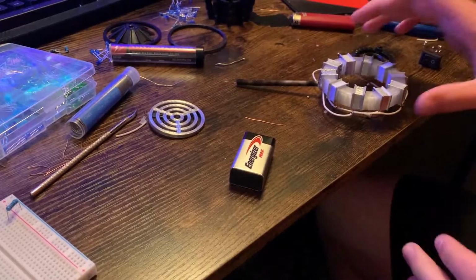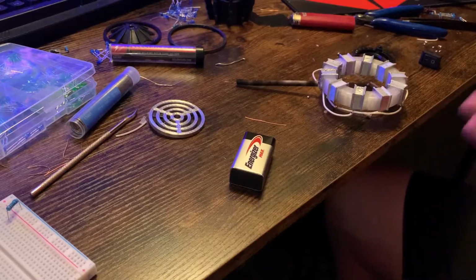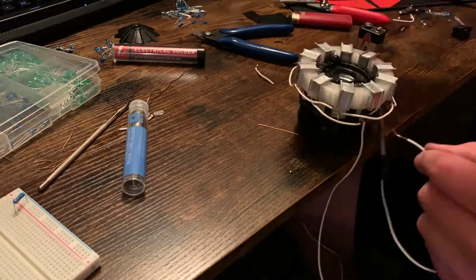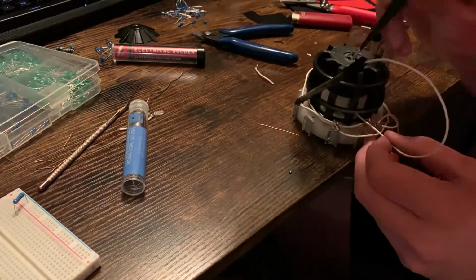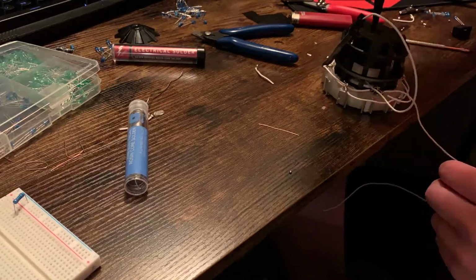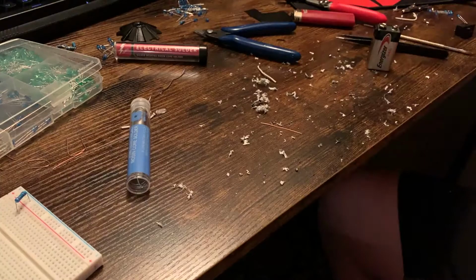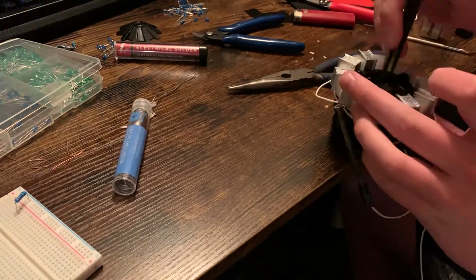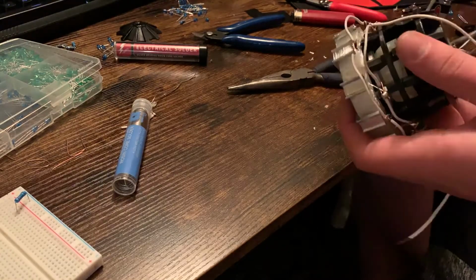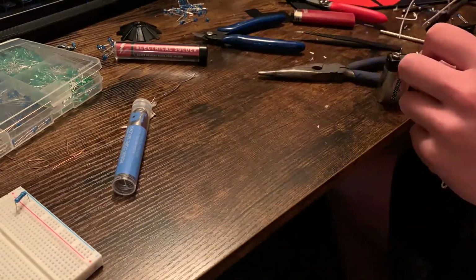Now, for those of you who didn't know, black is actually the natural color of shrink wrap. God, I need a heat gun. Now here is just a time lapse of me feeding the wires through and finally finishing this project. It took forever. But once I finally saw this,